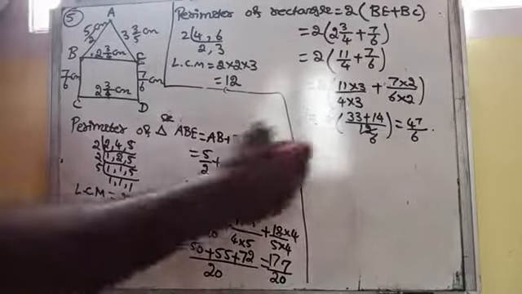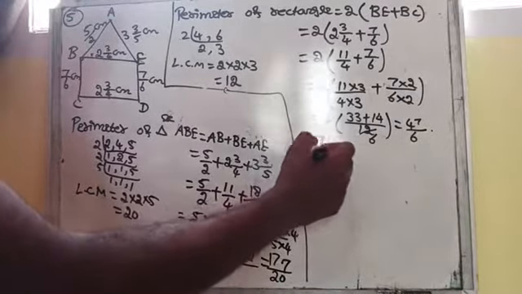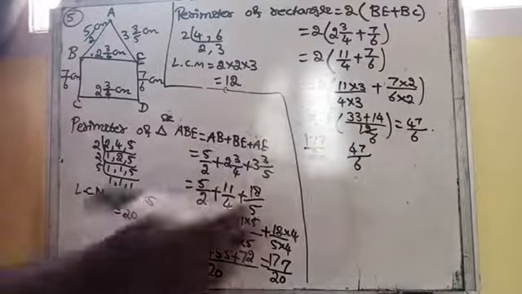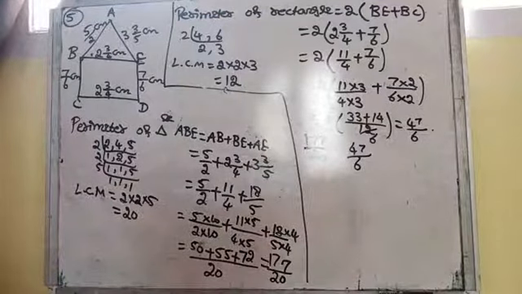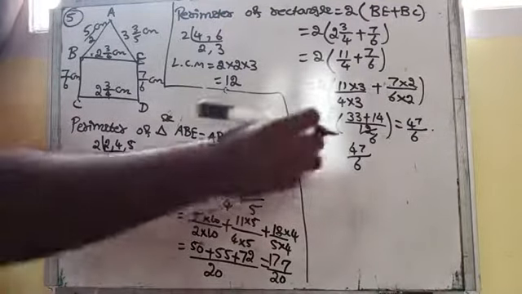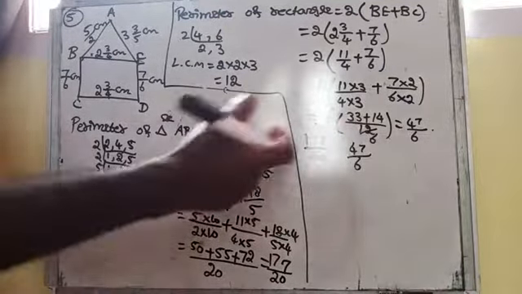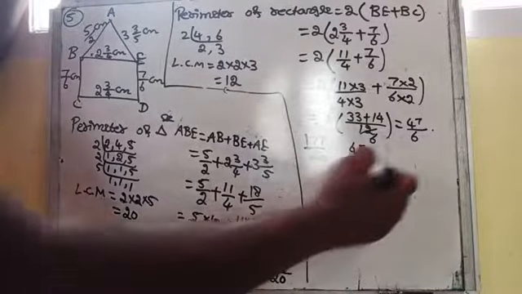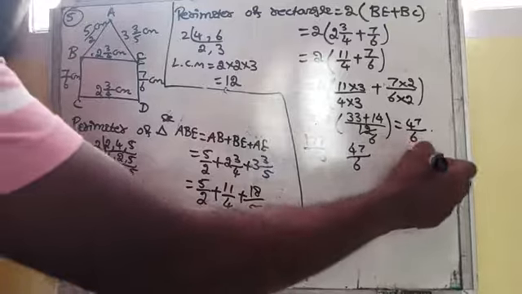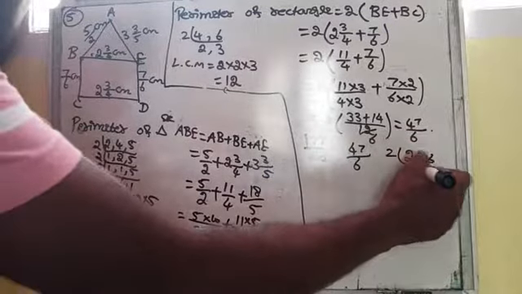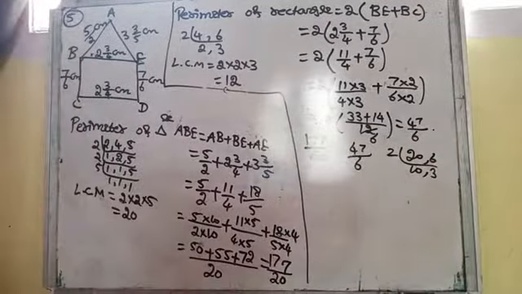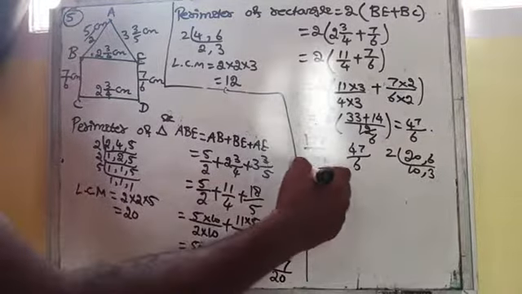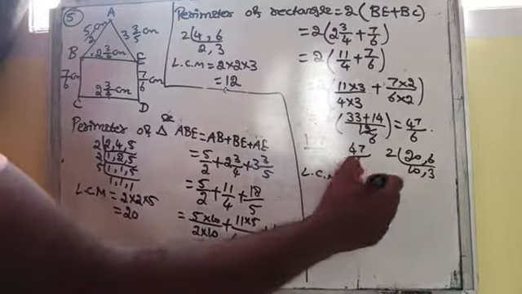Am I right? 177 by 20. Another one is what? 47 by 6. So obviously these two fractions are not like fractions. So to compare these two fractions, what you have to do? You have to take the LCM. So the LCM of 20 and 6 is nothing but 2, 10 2s are 20, 3 2s are 6. Now 10 and 3 are co-prime numbers. So 2 10s are 20, 20 into 3 is 60. That LCM should be 60 here. 2 into 10 into 3.